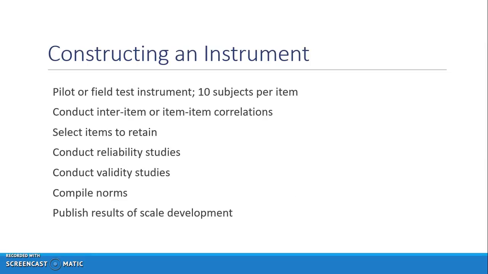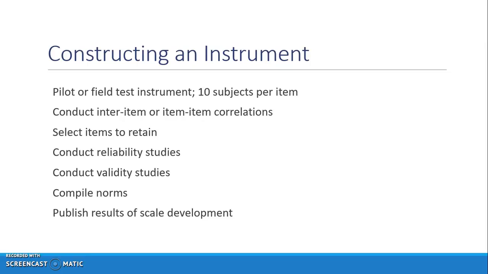So getting that pilot going, you should have at least 10 subjects per item. A lot of times people don't do this. This is the best advice, though. If you're going to have a large study, you need to think about factor analysis and having 10 subjects per item. You can conduct inter-item or item-item correlations, look at the statistics, pick the items you want to retain,